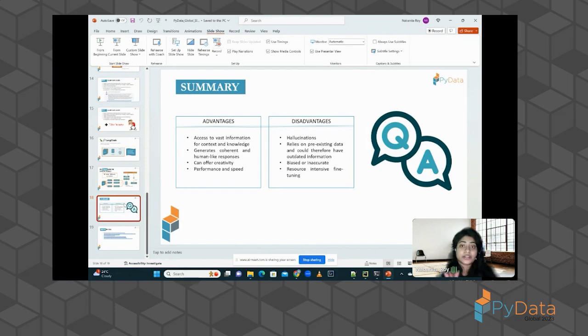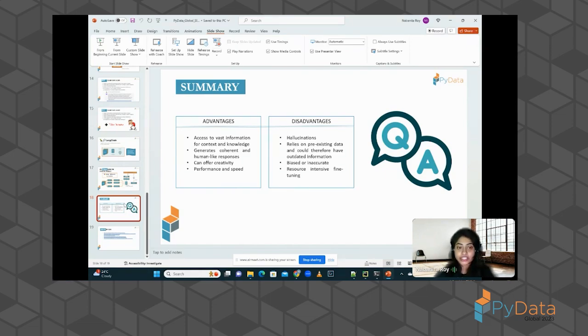It can also offer creativity, like generating stories and open-ended question answering, and any kind of template generation like we've already seen. And then the most important part here is performance and speed, especially for OpenAI. The performance and accuracy have been really massive. Speed-wise, it does the job in a few seconds, whereas I've tested with Llama before, and it takes a bit of time to generate responses. The performance is not on par with OpenAI, as far as I have seen.